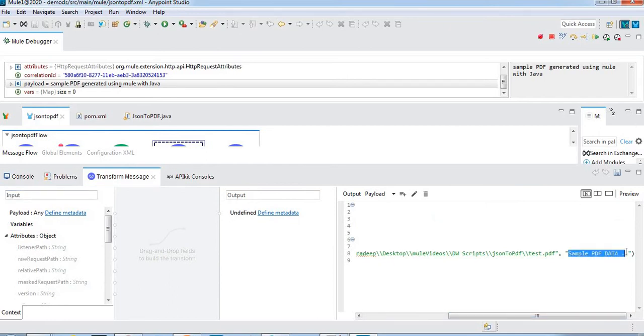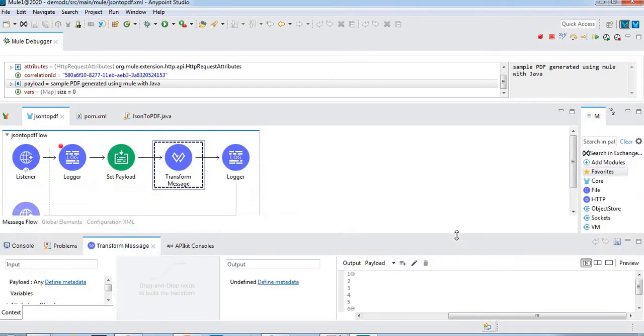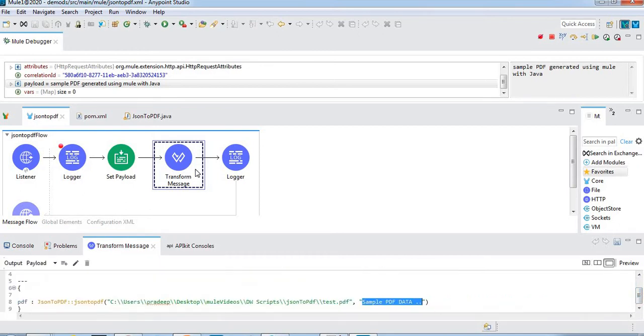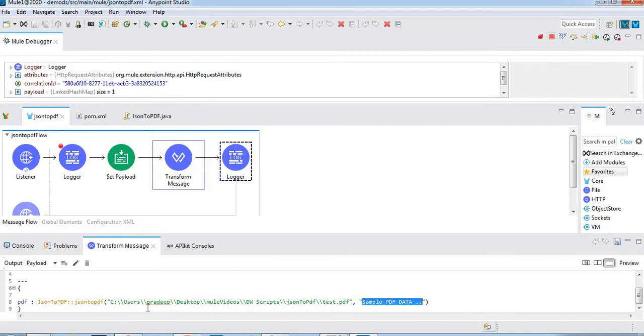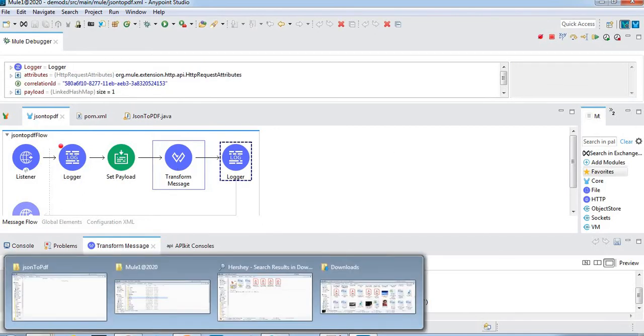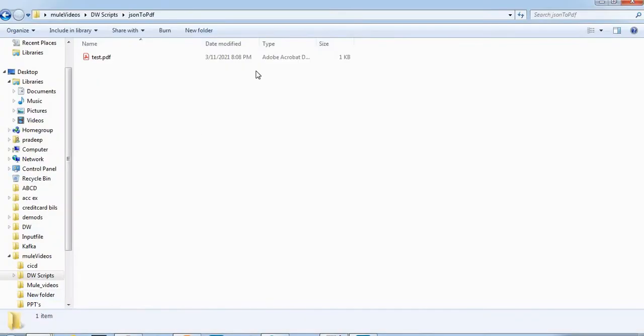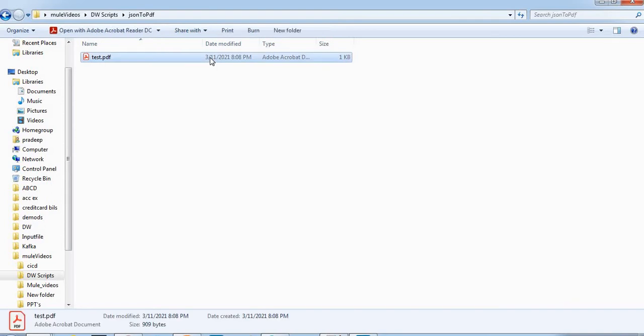code. Let me move to the next processor. Here we have the code, it will generate the PDF. Once I move the processor to the next one, it will generate. Let me open that location. The time is now 8:08, so it generated. Let me delete it.